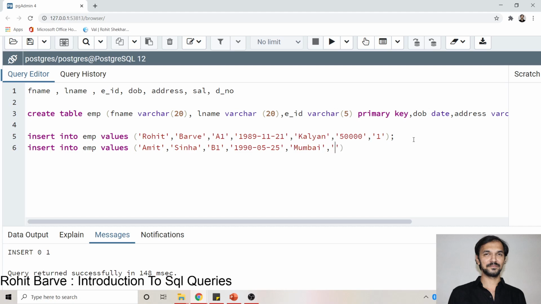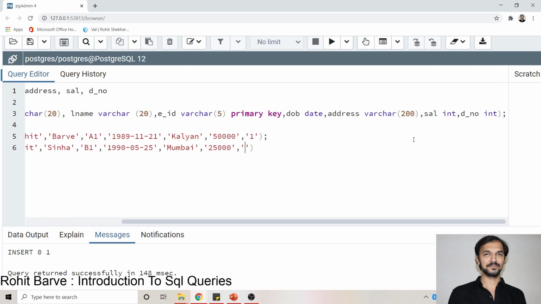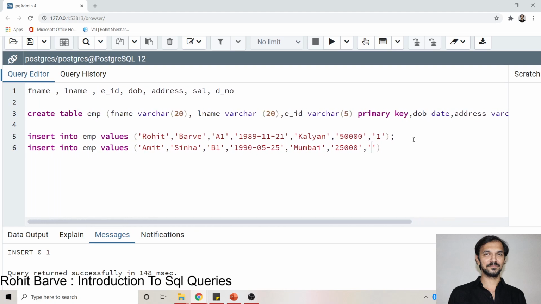Now I have to write a salary, let's say 25,000, and then I have to mention the department number, so let's say 2. Write semicolon, select the line that I have written, and just hit execute. You can see query returned successfully, so we have executed the query correctly.